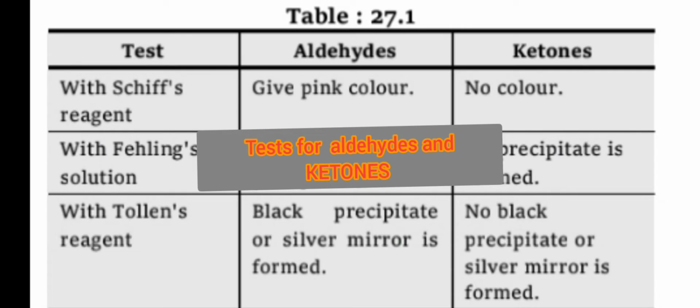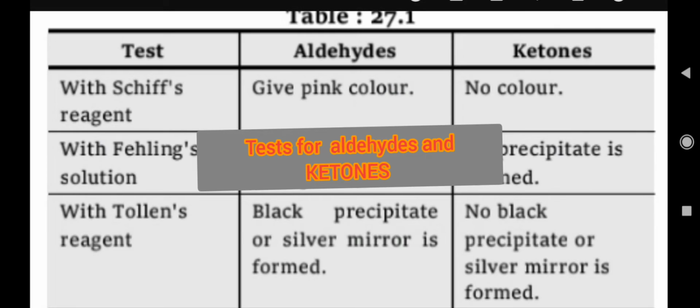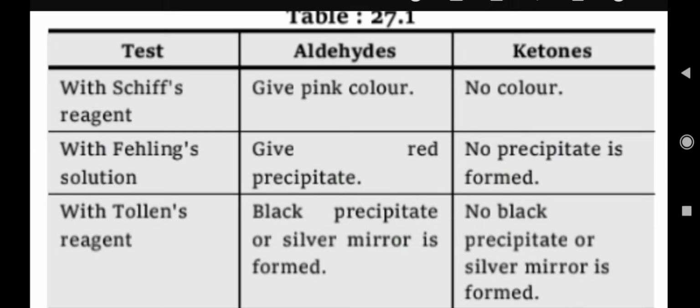reacts with aldehydes, it gives a pink color. Just take a little bit of aldehyde in a test tube and add Schiff's base on that. If you find the pink color, that indicates that it is an aldehyde. Second, if there is a ketone in the sample, that will not give any color. So there will be no color, that indicates that it is a ketone. So with the help of Schiff's reagent, you can easily find out in the laboratory which compound is aldehyde or which